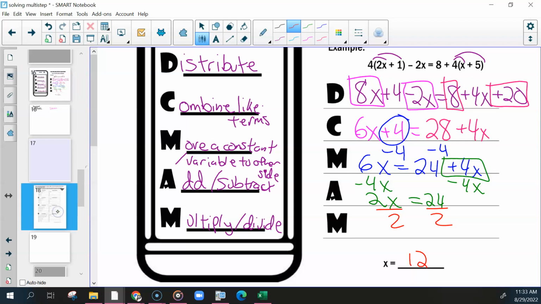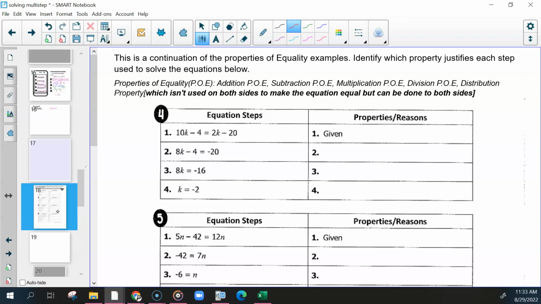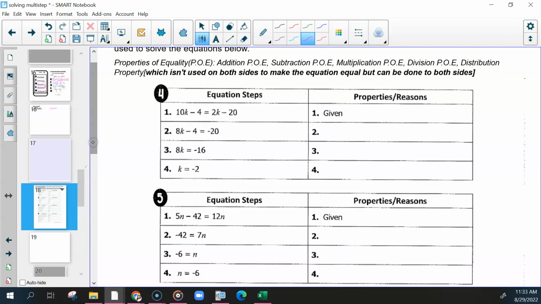On the next page, this is like a continuation of the first part. We did this when we were just solving and we had variables on one side, but now that we have variables on both, we want to see, can we look at this and see what is happening to both sides. So we're going to do a couple of these together and then I'll let you try some. We are still using our same properties as before, our different properties of equality, addition, subtraction, multiplication, division, which tells us we have to do them to both sides, as well as